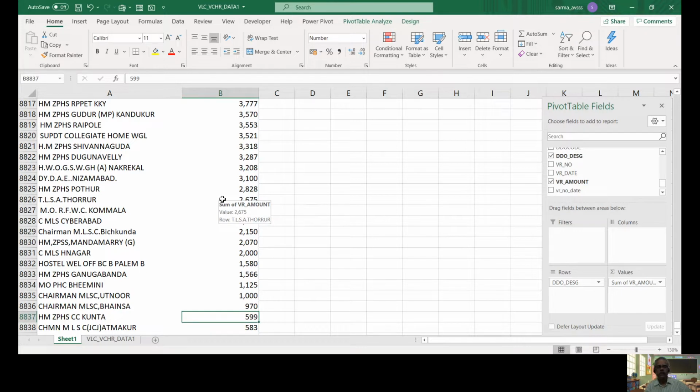This is possible when we compute the DDO-wise totals. Otherwise it's practically not possible, because we will get more than 10 lakh vouchers every year. In that, how much is being spent by a DDO is practically not possible to identify or know. So what I'm saying is that once we have the voucher data, and we use the pivot table and compute the amounts, the first thing we can notice is how many DDOs are spending less than the threshold value.